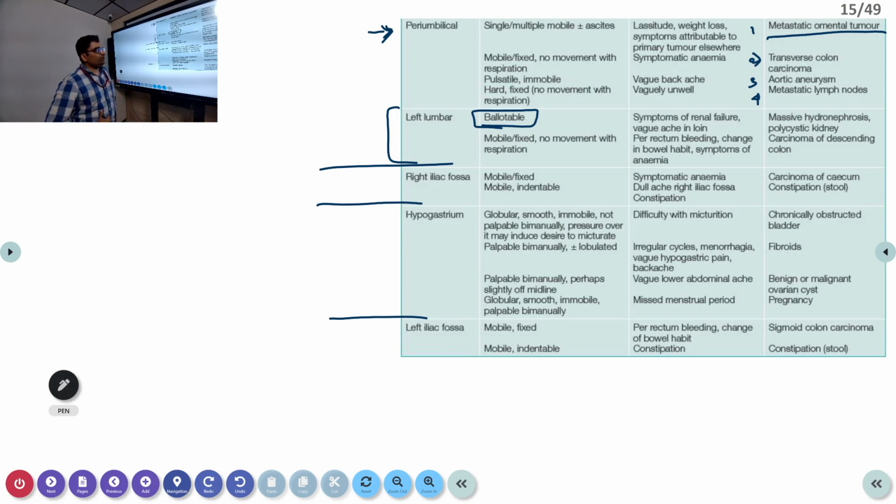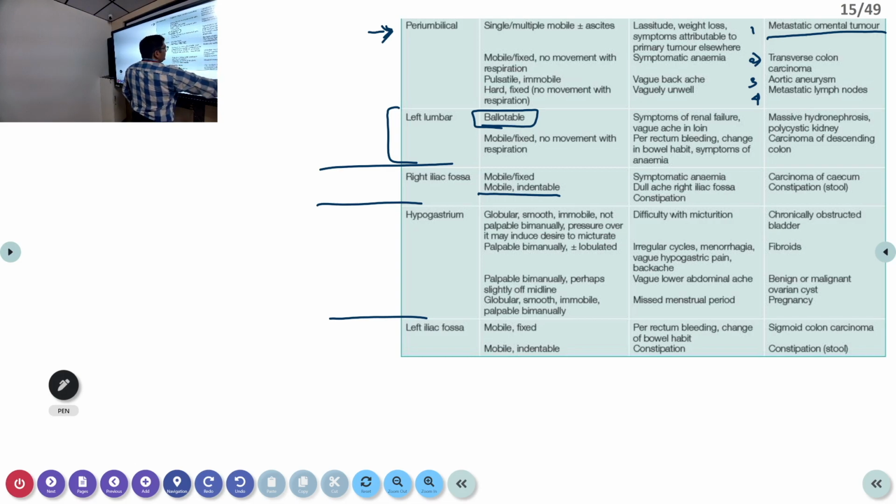In abdominal tuberculosis, it may present as a right iliac fossa mass. Tuberculosis, appendicular mass, as well as cecal carcinomas are more common, which present as right iliac fossa masses, which is very important. They may be mobile or fixed. If an appendicular mass is there, always ask for a previous history of appendicitis.